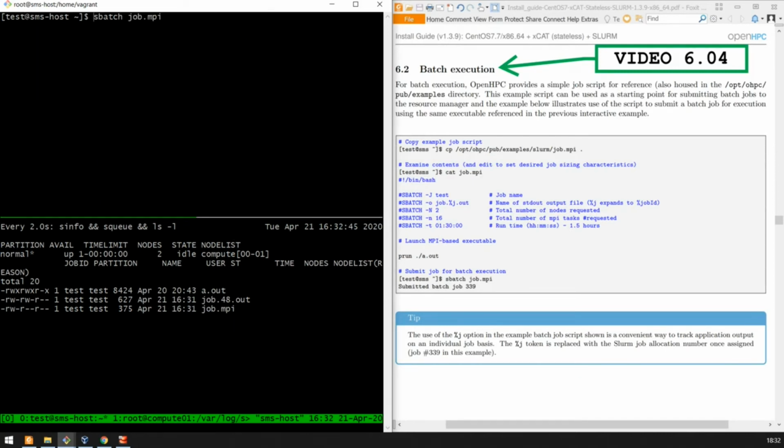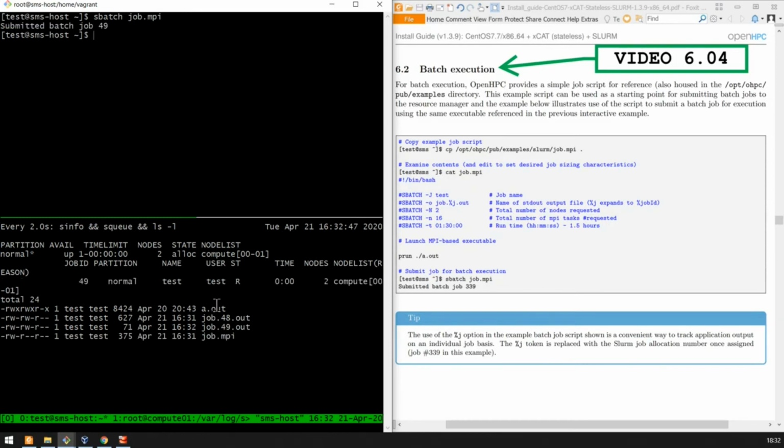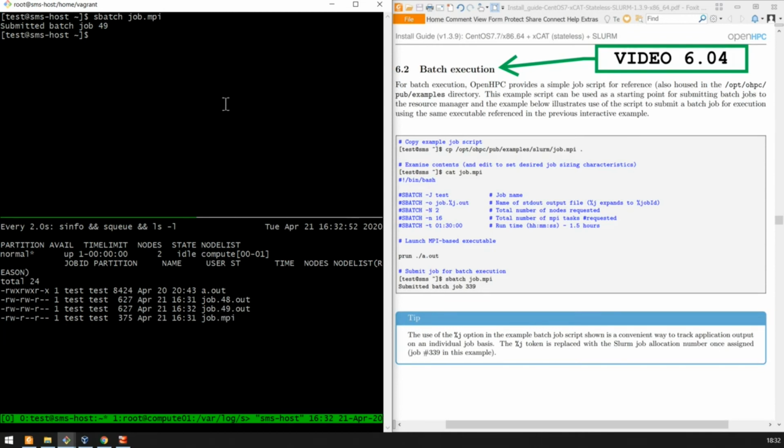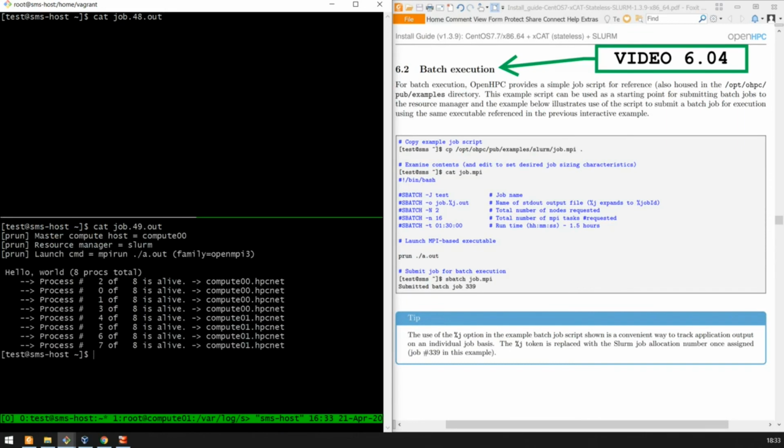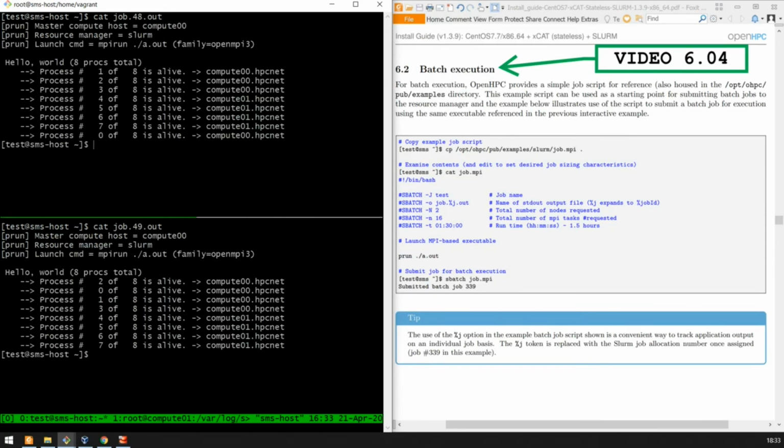Submit the same job again. Allocated, running, job 49, and there's job 49.out. Job is complete, compute nodes become available, and there's nothing running in the queue. And now we'll have a look at job 48.out and job 49.out. The ordering is not the same, which is the nature of parallel execution, but you can